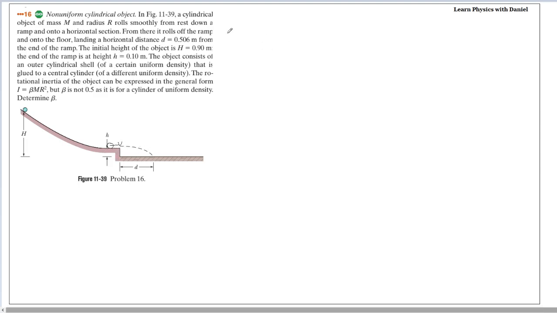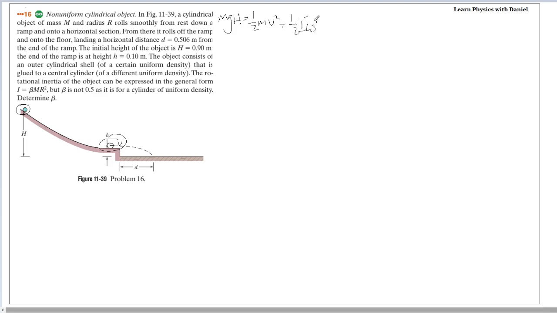So first off, we want to set up an equation for conservation of kinetic energy because we have no non-conservative forces that do work on it. So we can say that we have initial energy mgh, which is our gravitational potential energy here. And over here, if we're moving at velocity v, we can say that we have half mv squared plus half